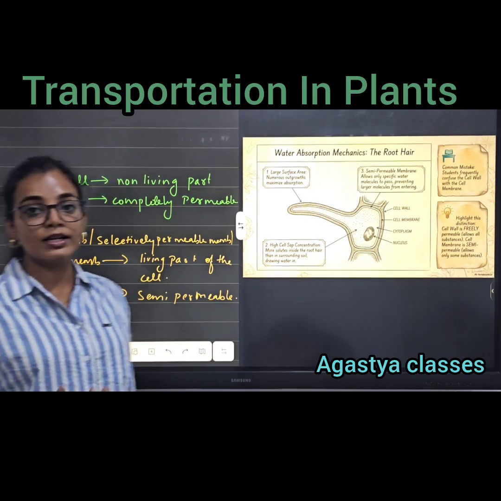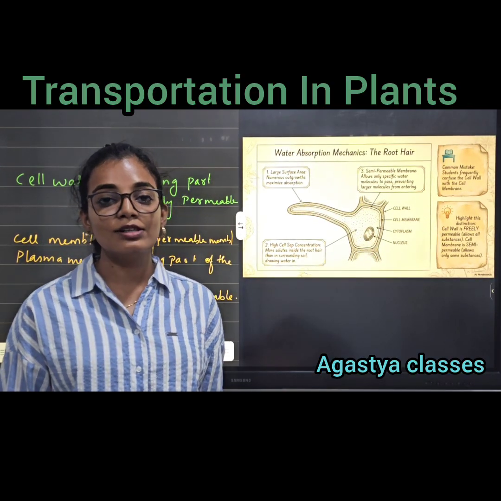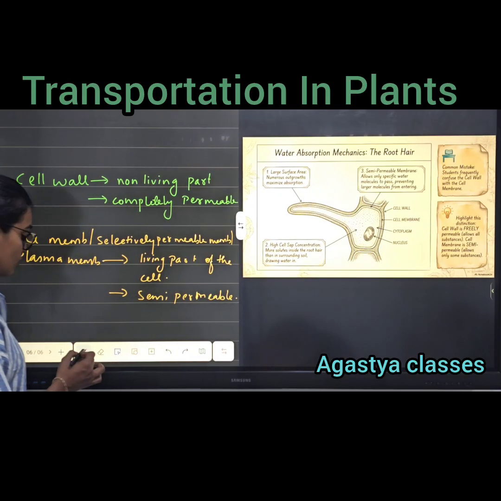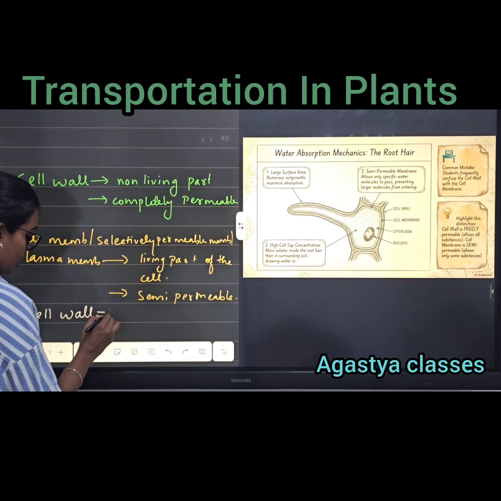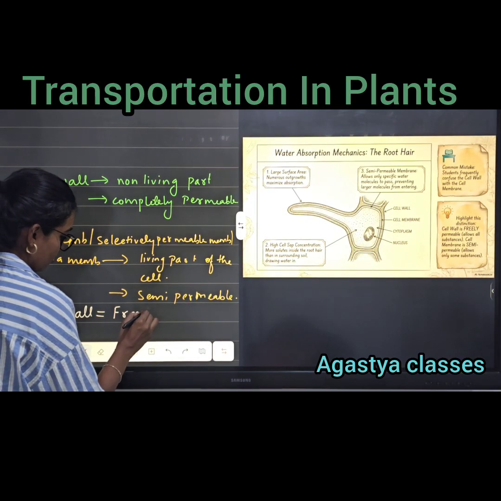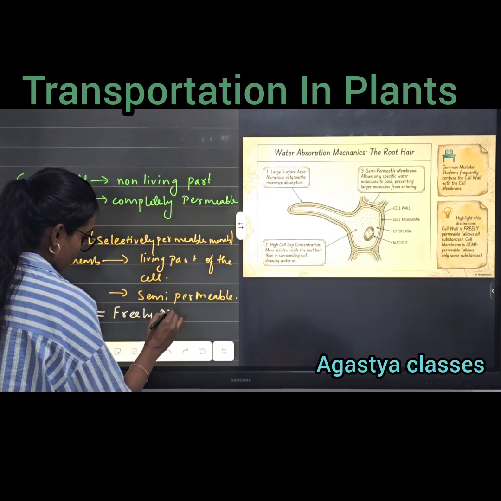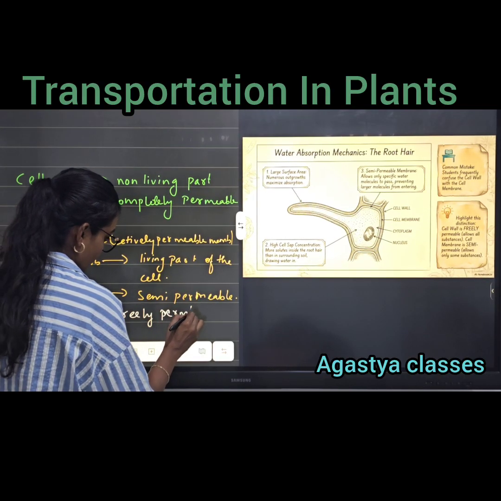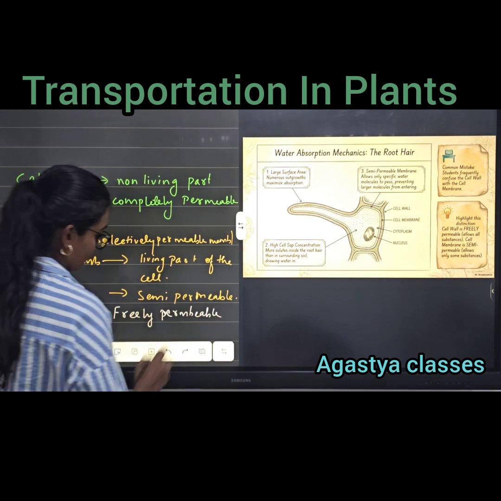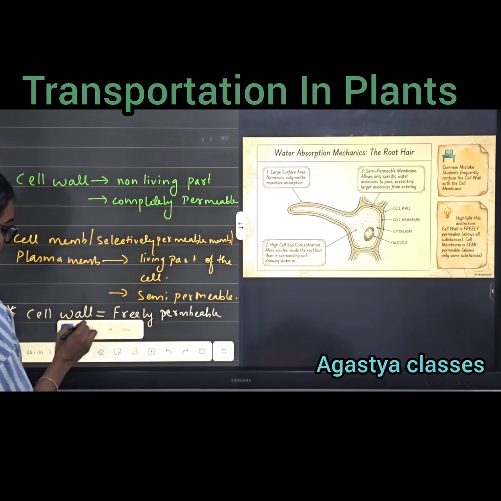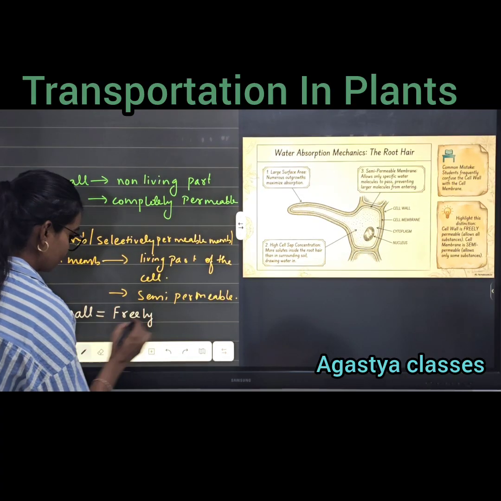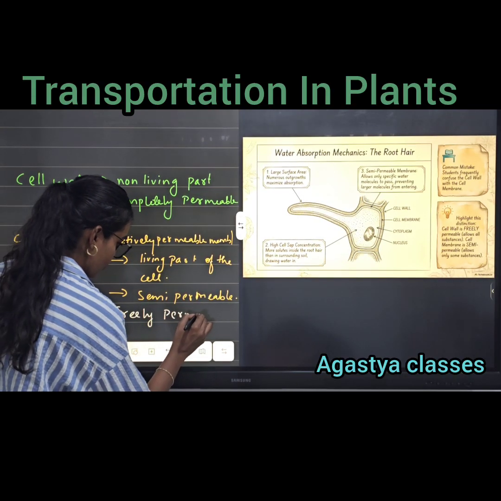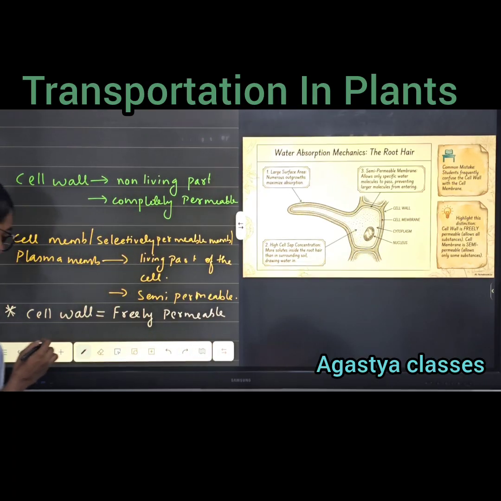Okay? Frequently asked question: remember this, note it down. Cell wall is freely permeable, whereas cell membrane